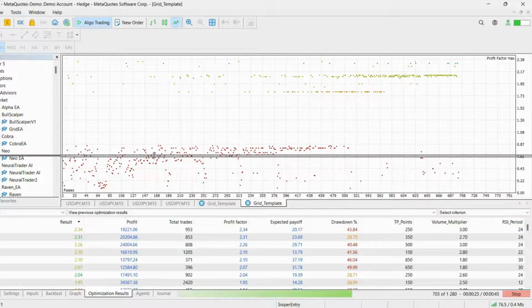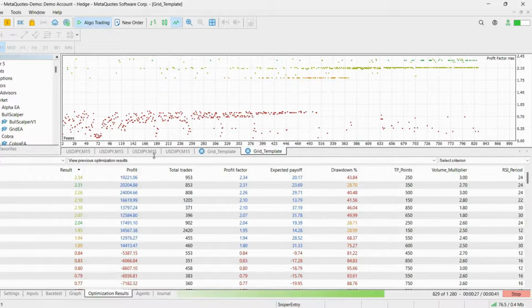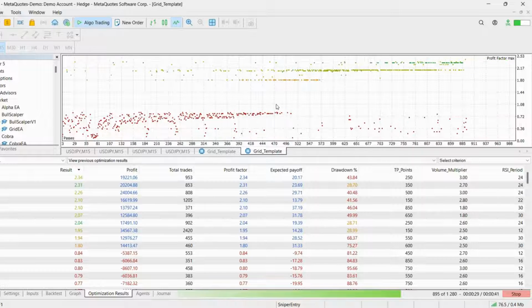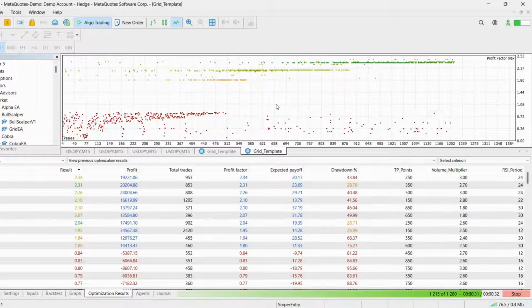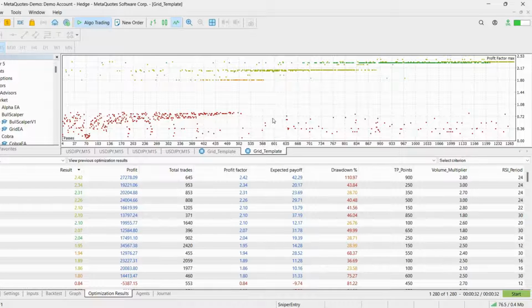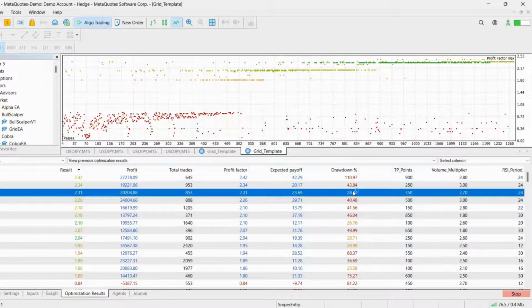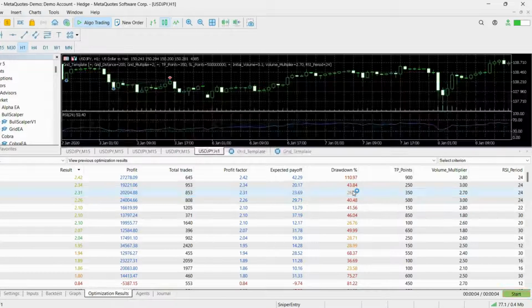With grid EAs, there's one statistic that should interest you the most, and that is the drawdown statistic. And why is that? In the classic EAs where you have your take profit and stop loss and you are not adding to your positions and such, the drawdown statistic is not something I'm that interested in,